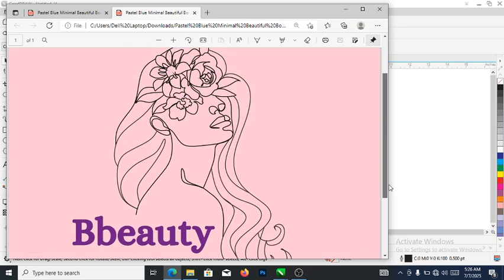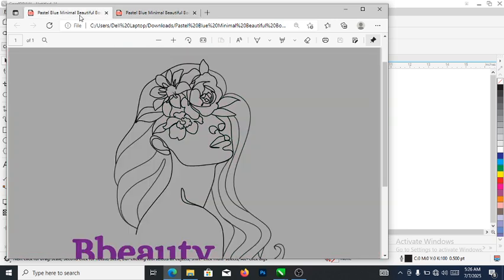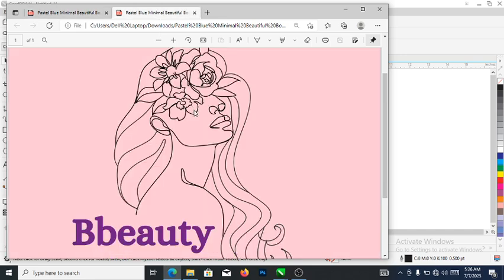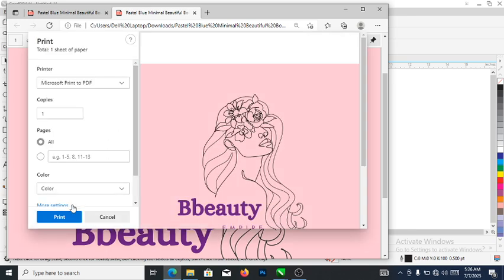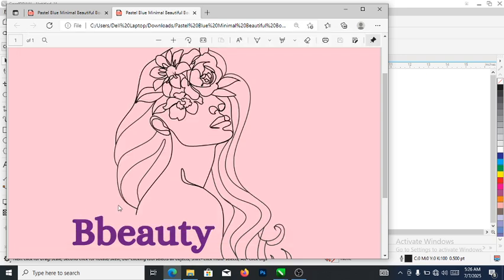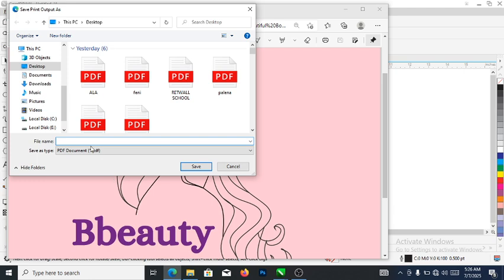Right now, hit Ctrl P to print. Then you go on and print. Automatically a dialog pops up that will convert the file that was unable to open, to let you have access to it. So let's just name it,